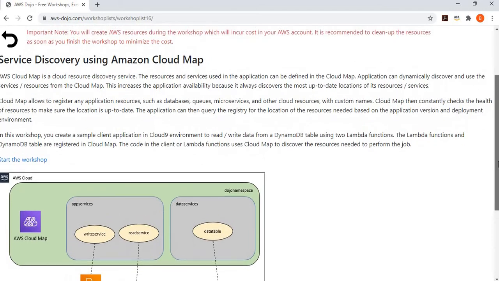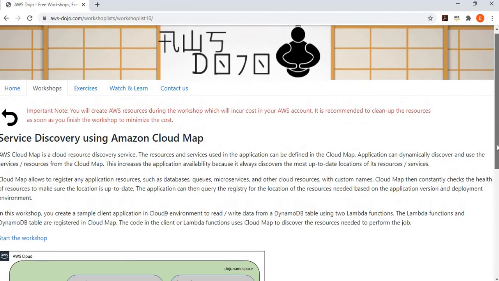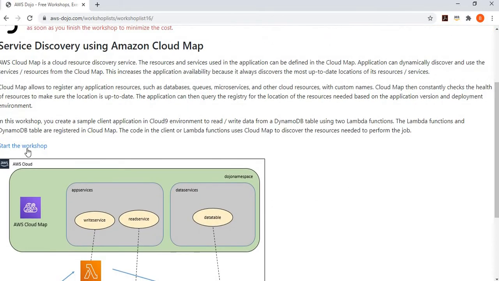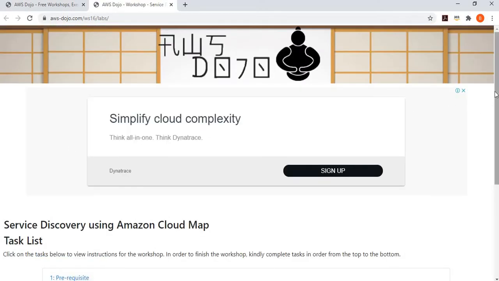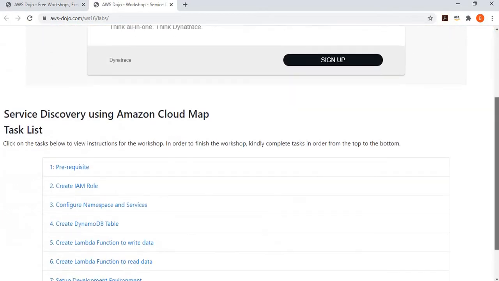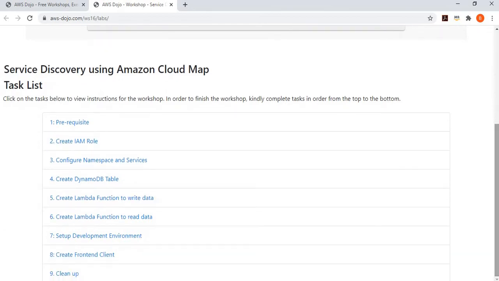You can see here this workshop is published, where you can click on start the workshop to start the instructions to complete this scenario. There are a total of 8 to 9 steps to perform this scenario. Let's go through these steps one by one. All you have to do is follow the instructions one by one, and then you will implement this whole scenario